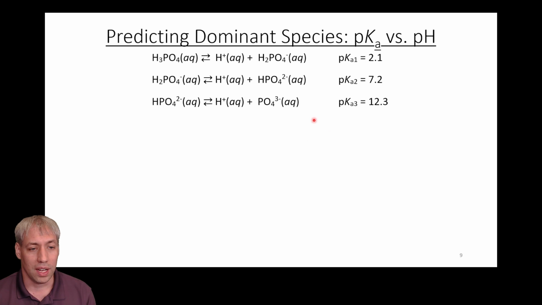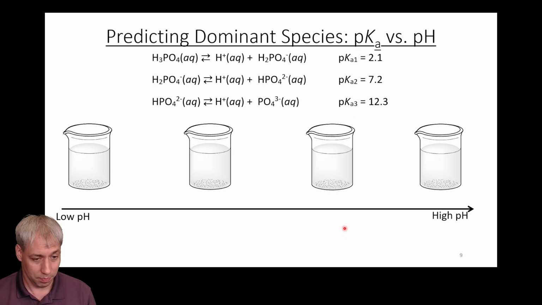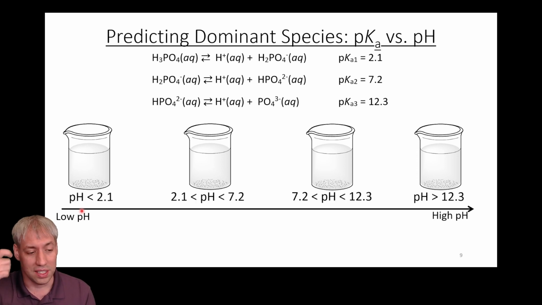If you have a polyprotic acid, you have one Ka value or pKa value, you have another one, you have another one, each one of these steps. And so you can think about a spectrum of species that exist where, at high pH, the solution is basic, it wants to steal protons from this molecule, or you can think about a low pH solution where it doesn't want to steal protons. And so you have this range of values, 2.1,